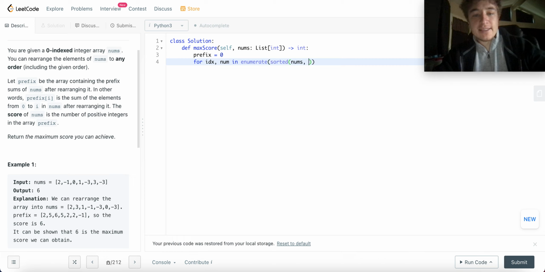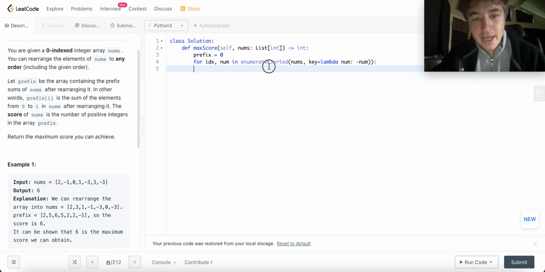We'll sort the list, and the way that we'll sort it is in descending order. So it's basically just reversed, but we'll do it like this. We'll take the negative of the num to sort it. Now the idea is, why am I doing this enumerate? Well,